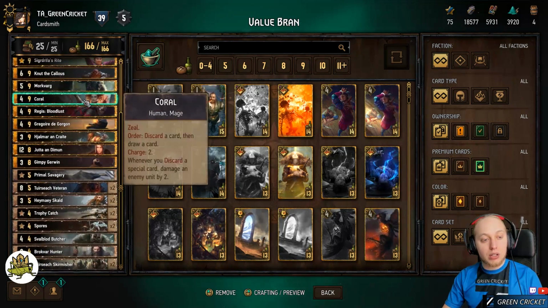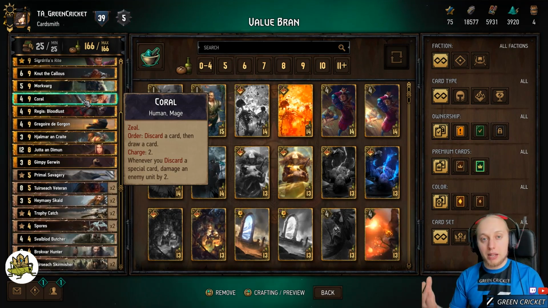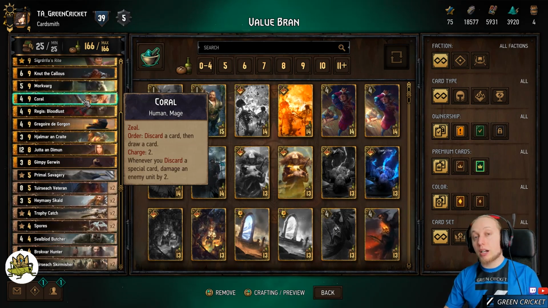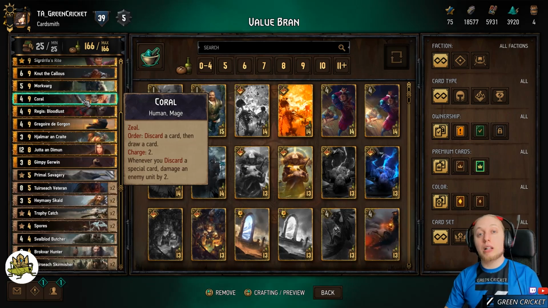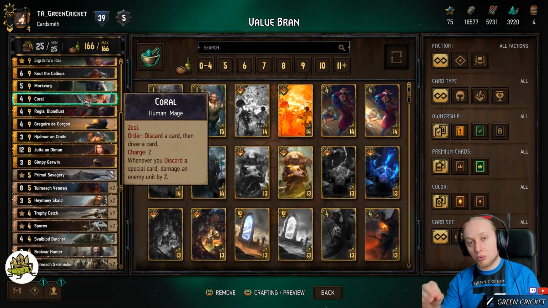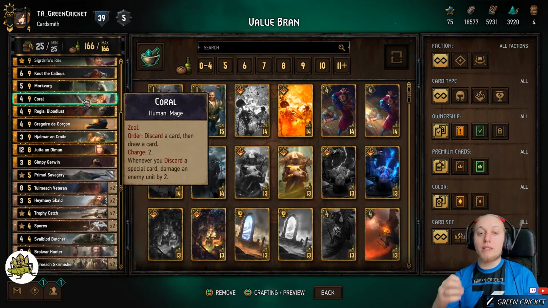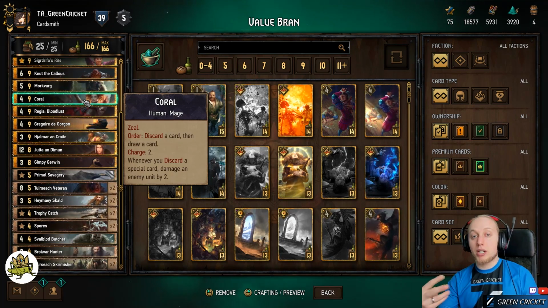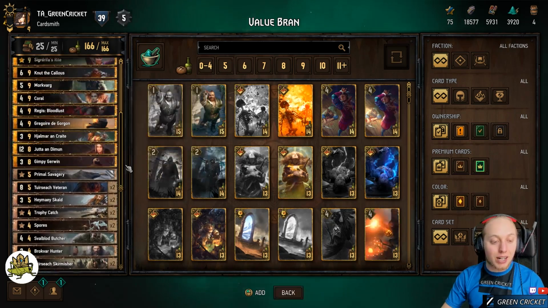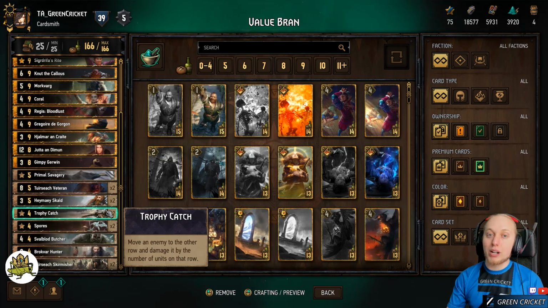Then we have Coral. Coral is pretty good. Coral has Seal, so you can execute your order ability immediately when you put it on the board. And your order ability is discard a card, then draw a card. But it's not only about her order ability, it's about her ability as long as she's on the board. So for example, if you discard Bran, her ability will also trigger, and that ability is whenever you discard a special card, damage an enemy unit by 2, which is great because we have a lot of special cards in our deck. We have bullshit special cards, obviously, because as I said, we want to get rid of all of them,